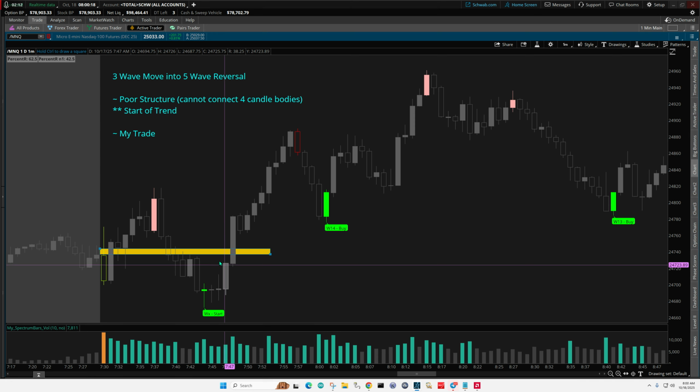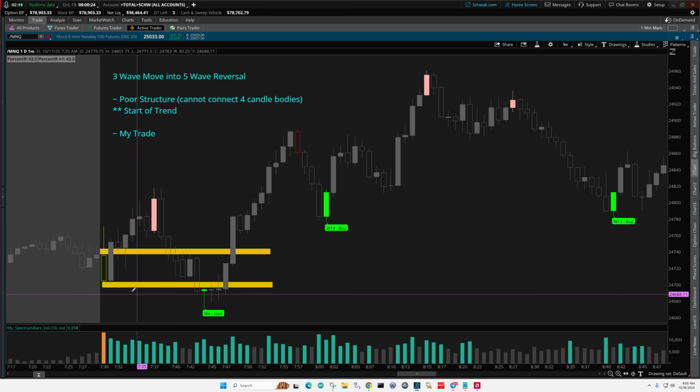Need to duplicate that. Okay. So I'm drawing that triangle from the bottom of that candle body to the top, and here we can only connect 2 candle bodies. So as time progresses throughout the day, these would be areas that we would expect price to come back down and fill. Then I'm going to scroll to the right